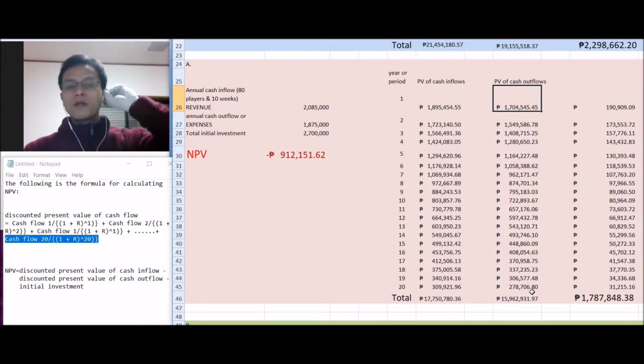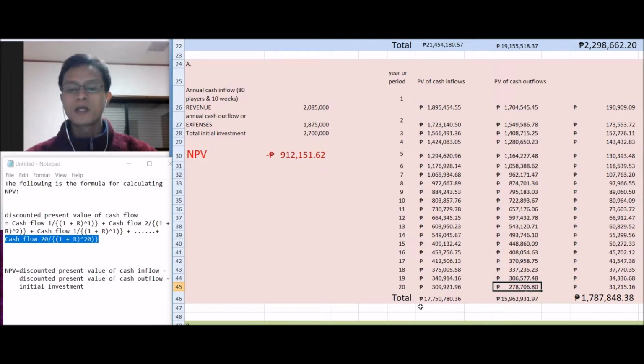The sum of all discounted cash flows up until period number 20 here should give us 15,962,931.97 peso. So take the difference of the two, inflows minus cash outflows. This is the discounted amount. It should give